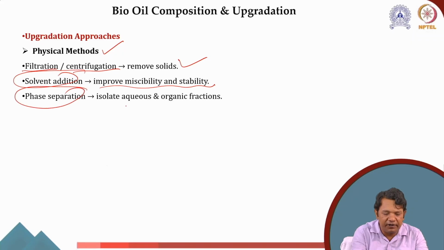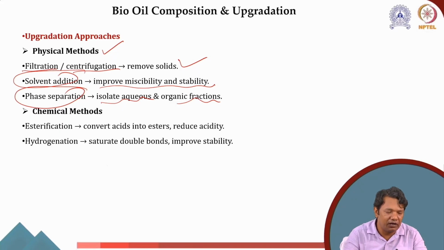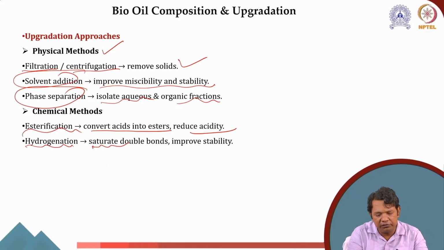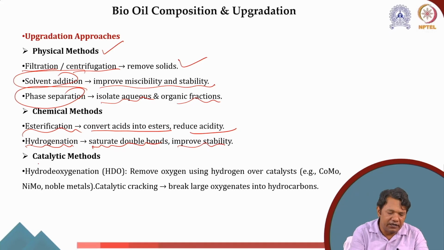Similarly, we do phase separation to isolate the aqueous and organic fraction. This is one of the important methods that we use. Then we go for the chemical method, like esterification to convert acid into esters, that reduces the acidity, or we do hydrogenation to saturate the double bonds to improve the stability, or we can use catalytic methods like